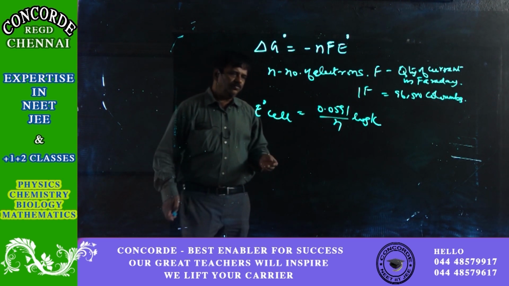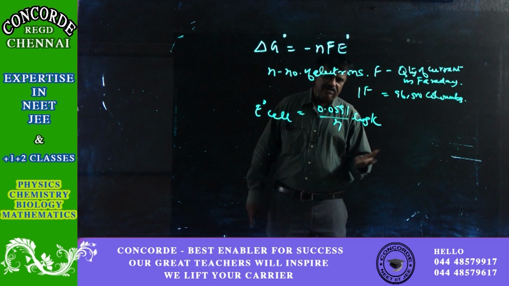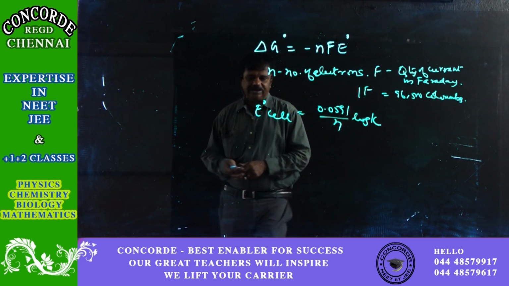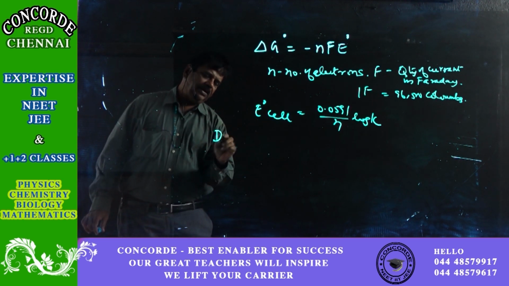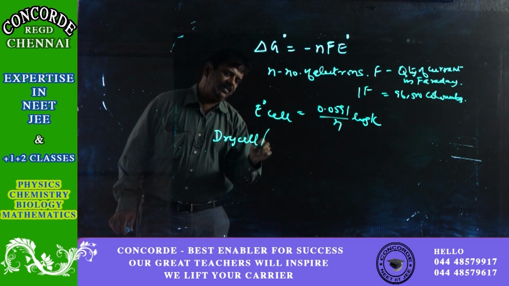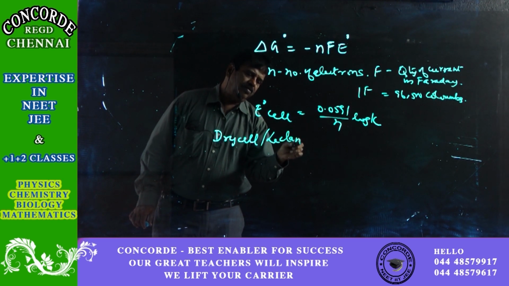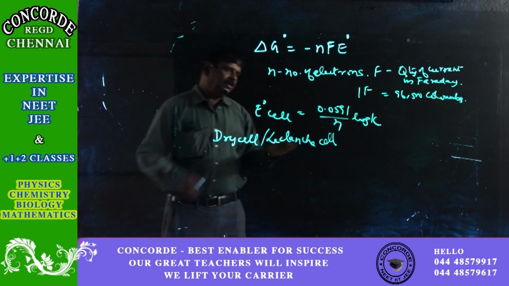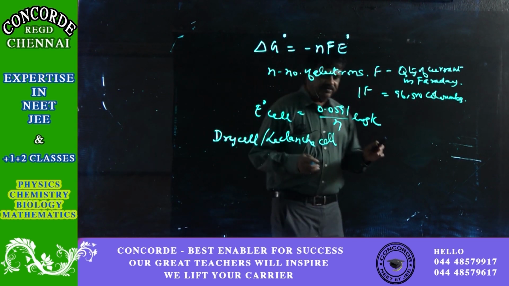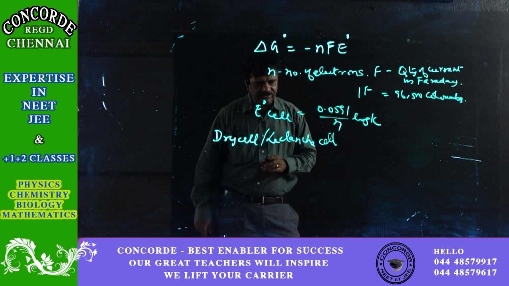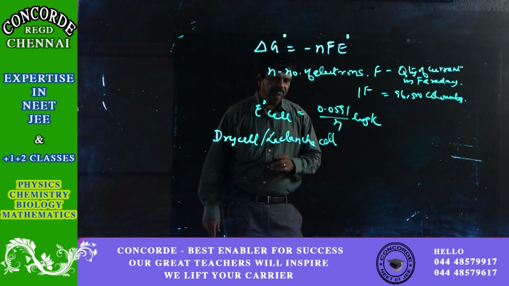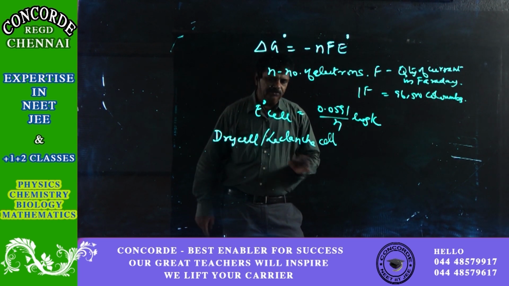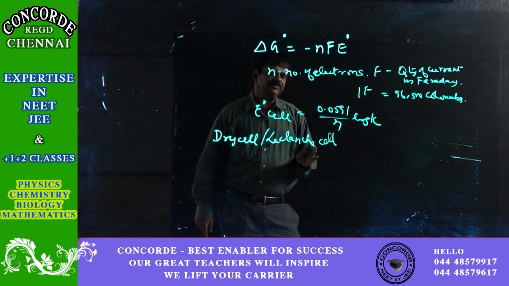batteries, because we know about the batteries which are used in torch lights or remote controls and all. That is a dry cell or a Leclanche cell. Here, these are all very handy cells, dry cells, and they can be easily carried. But the only thing is, they have a set energy, and on usage they become dead after some time.